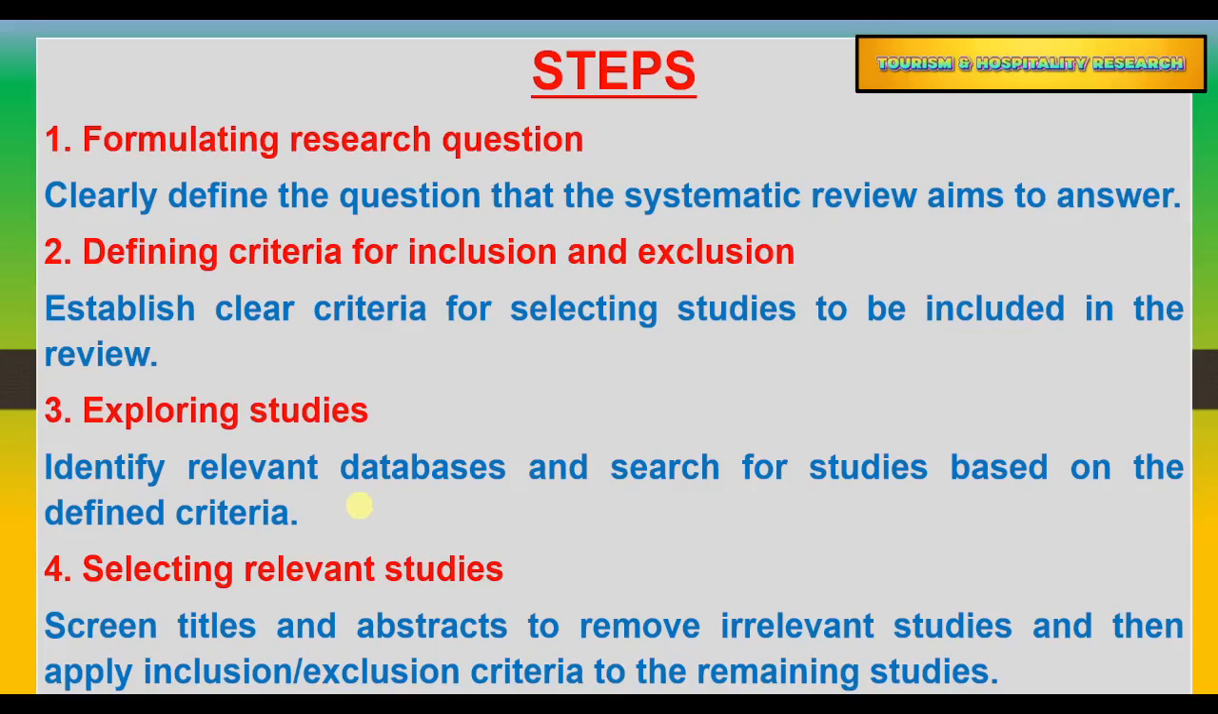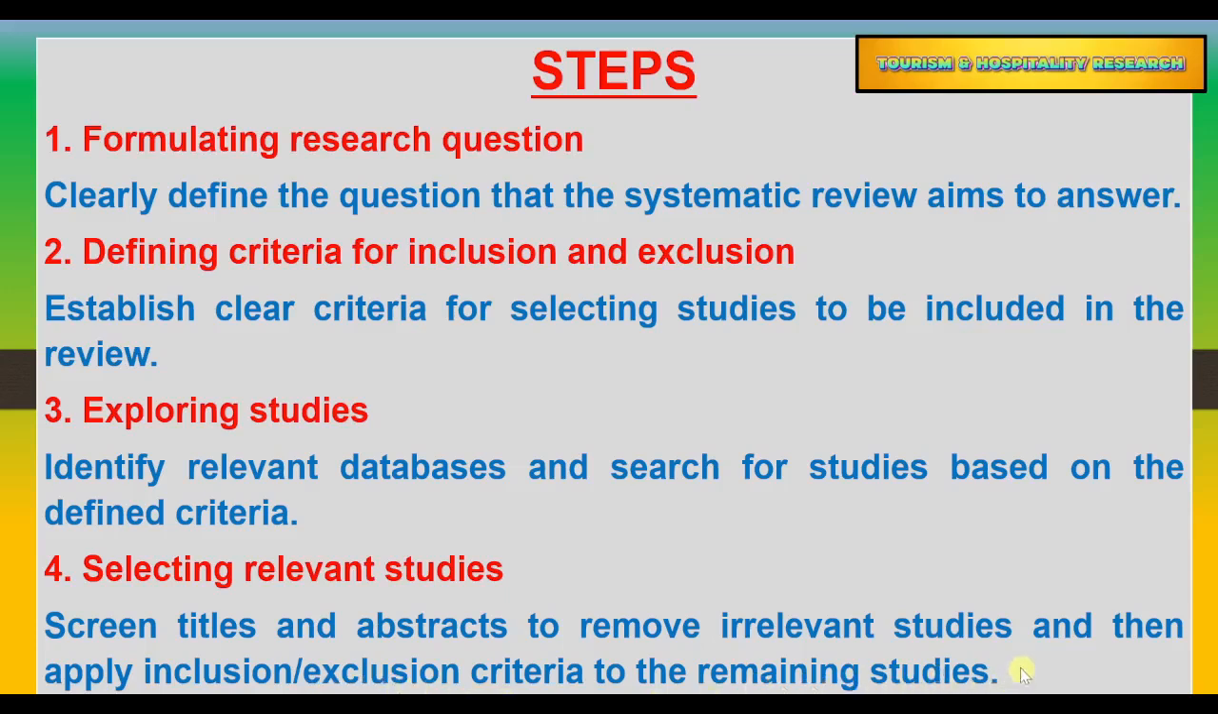So you can go onto those databases and select and search for the relevant studies to be included for your paper. Next is selecting relevant studies. Now you screen the titles and the abstracts to remove irrelevant studies and then apply inclusion and exclusion criteria to